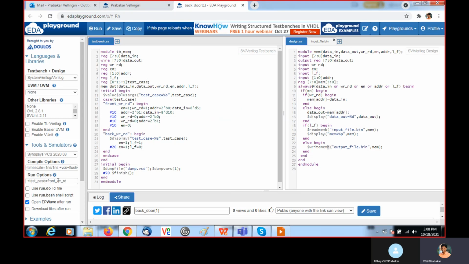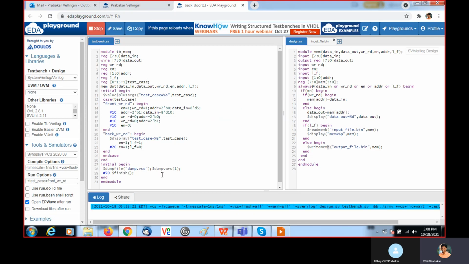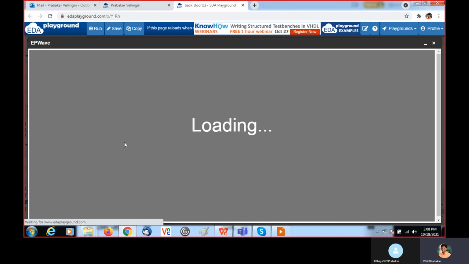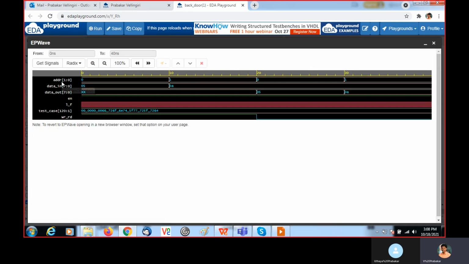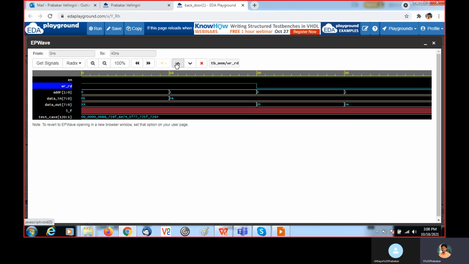Then backdoor. First we will run this one and check it. +testcase equal to front_write_read I am giving. When I enable the waveform, the dump file is given here. We will get the waveform: address, data in, enable, and the logic.